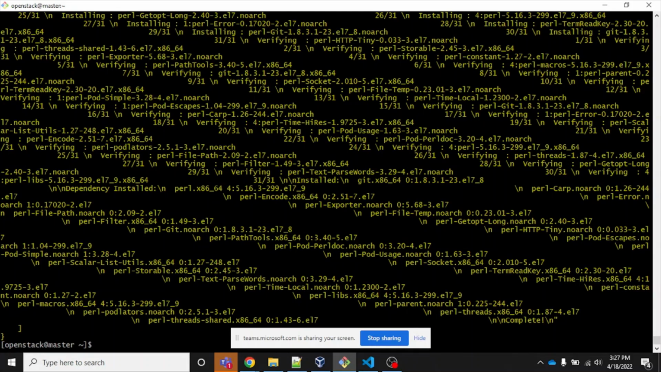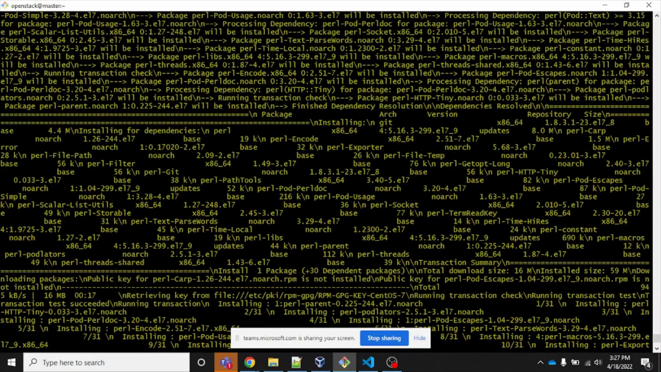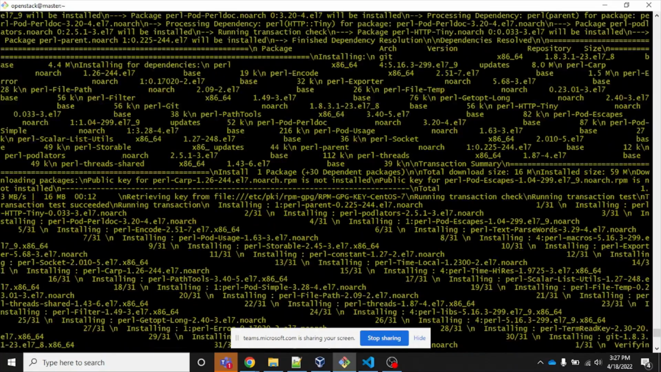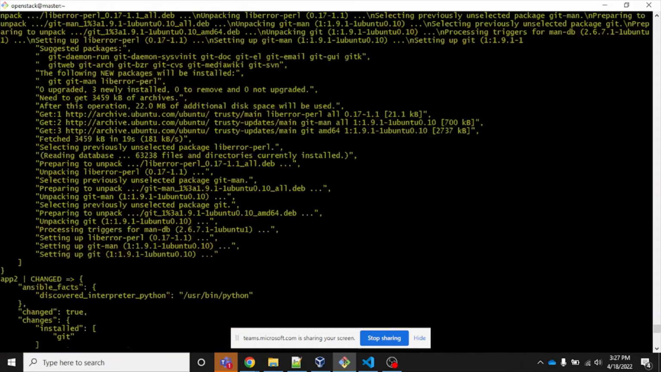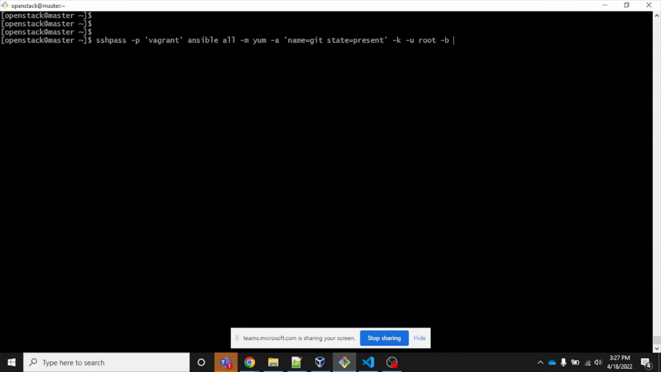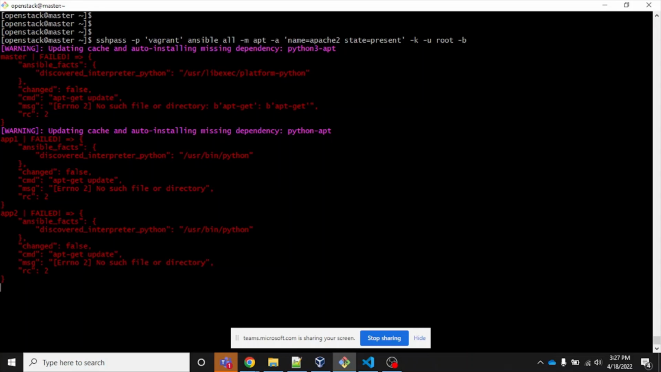In an Ansible ad-hoc command, you will see lots of output over here. If you are executing from a playbook, you won't get that much output. Okay, so in app1 we have installed, in app2 also we have installed it, in db1 installed, master also installed. So now we can try with the apt command. In apt, I am going to install apache2. Now this one will fail for the CentOS and RHEL machines, and it will be installed only on the Ubuntu machines. So now you see it has failed for these three machines